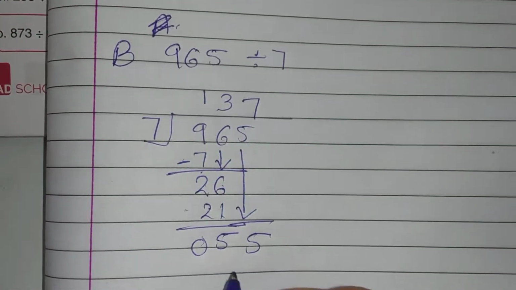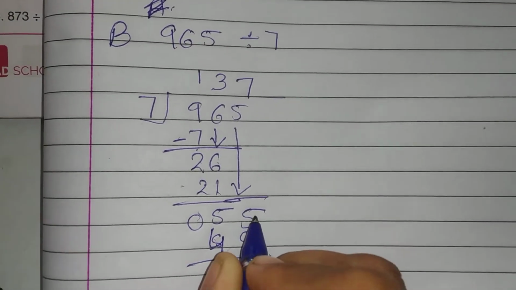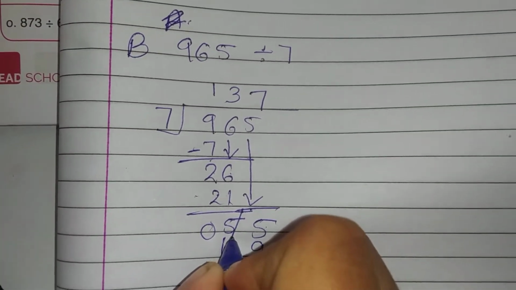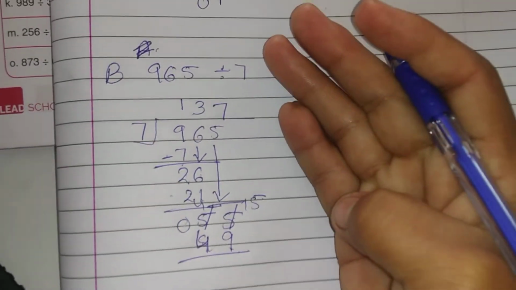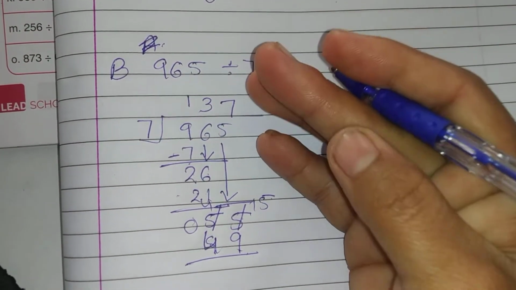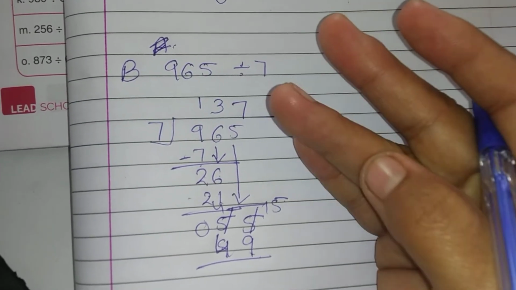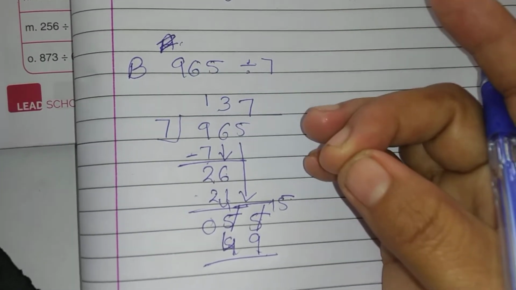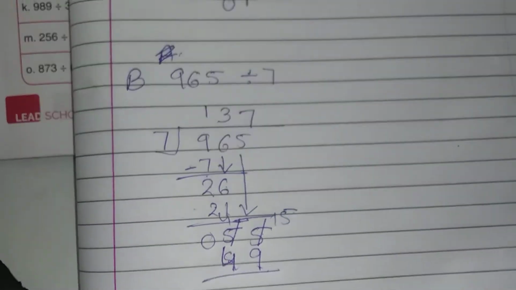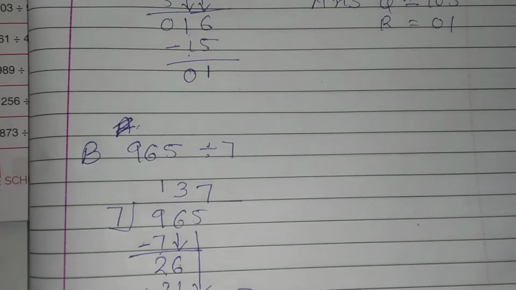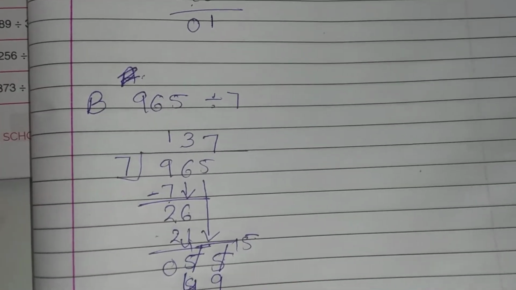So here we have to write 7 7s are 49. 9 minus 5 is not possible. Cut 5, write here 4. Cut 5, write here 15. 15 minus 9, 15 on your finger. 1, 2, 3, 4, 5, 6, 7, 8, 9, 10, 11, 12, 13, 14, 15. Cut 9. 1, 2, 3, 4, 5, 6, 7, 8 and 9. Remaining number is 1, 2, 3, 4, 5, 6. Answer is 6. 4 minus 4, 0.